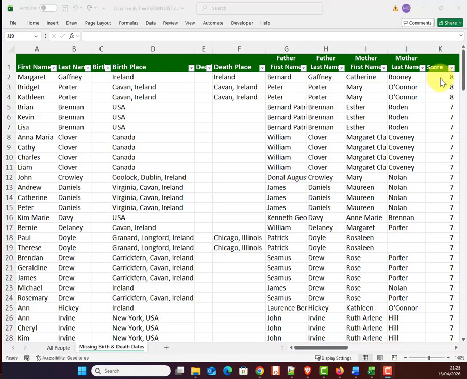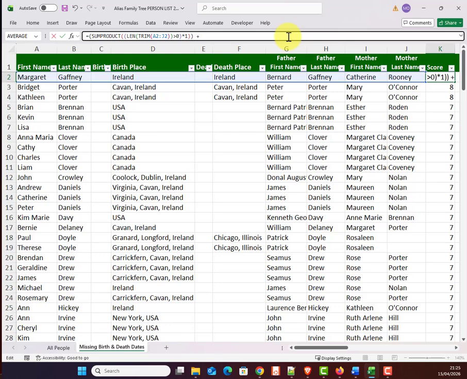I put my cursor into K2 to see the score formula. I'm going to add an extra point for the presence of the mother's last name. She's already been counted with a point in this range. I'm going to give her double weight. Extend this with a plus, and the next part of the formula is going to look very similar to this